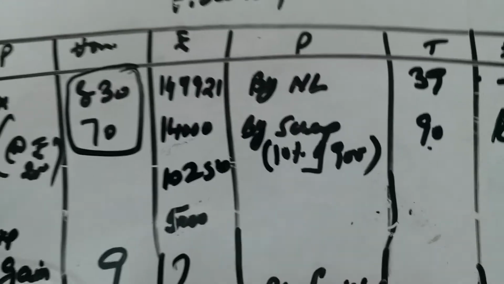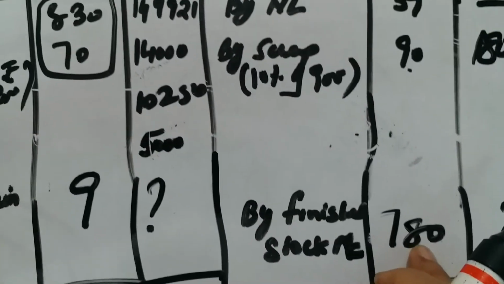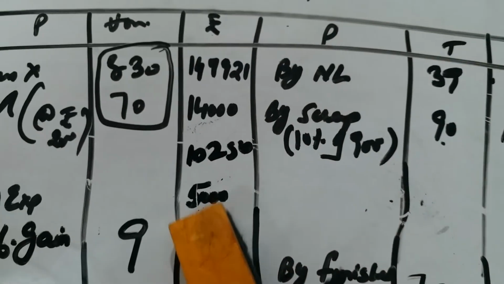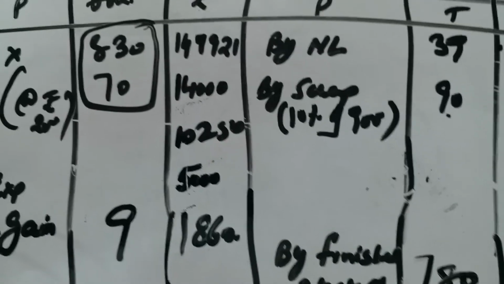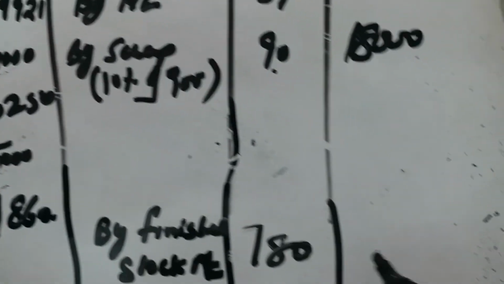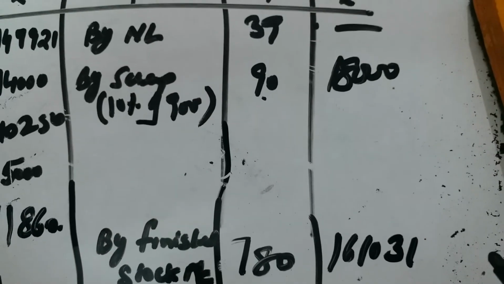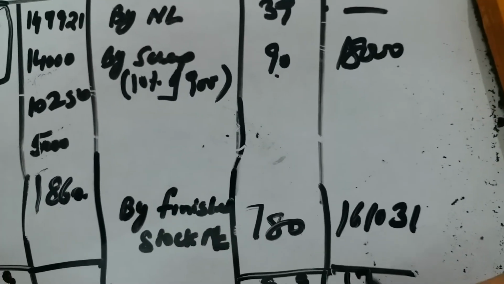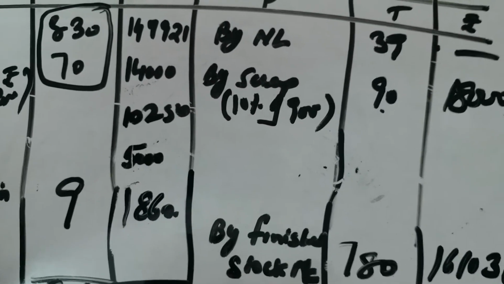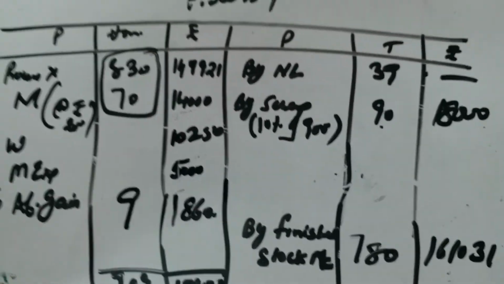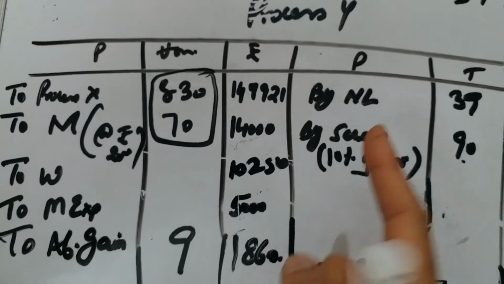So the rate which is coming to us is 206.45. So with that we will be multiplying 9 tons also and 780 also, and the amounts which we are getting are 1860, and over here 1,61,031 rupees. So do the totals. And now this is complete. So here we have abnormal gain. In the abnormal gain account, it will be appearing